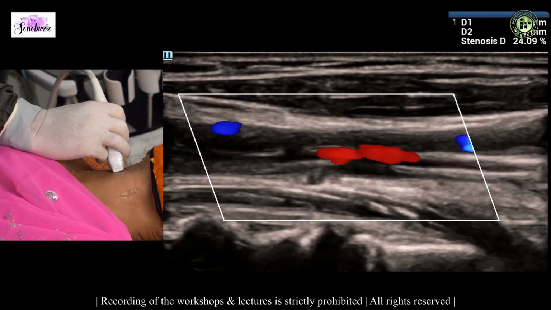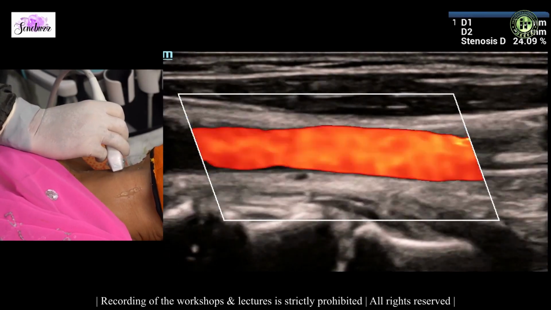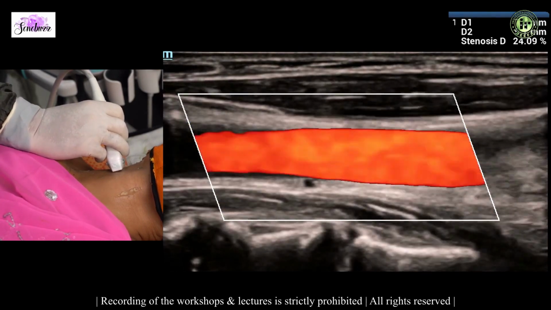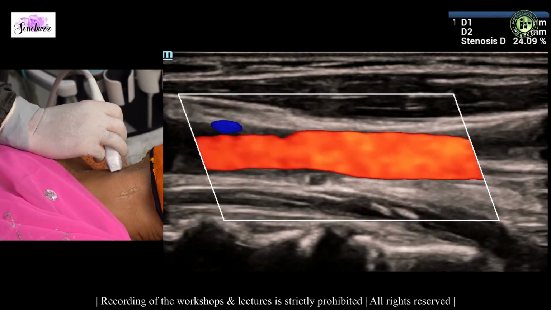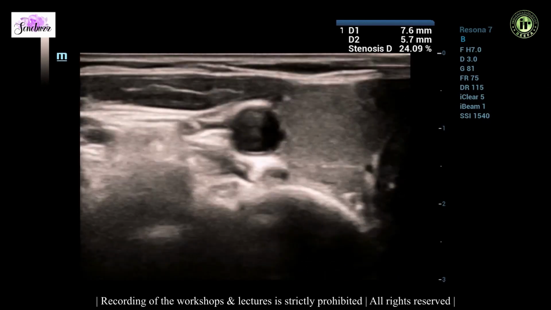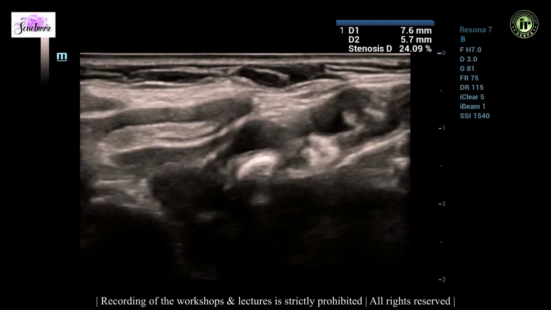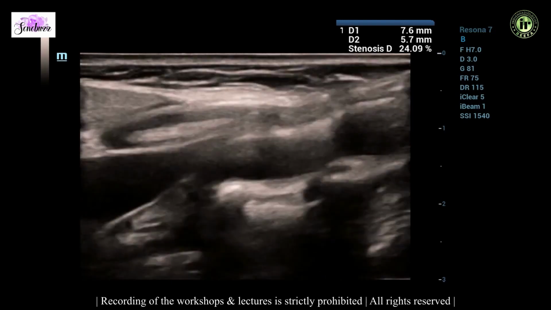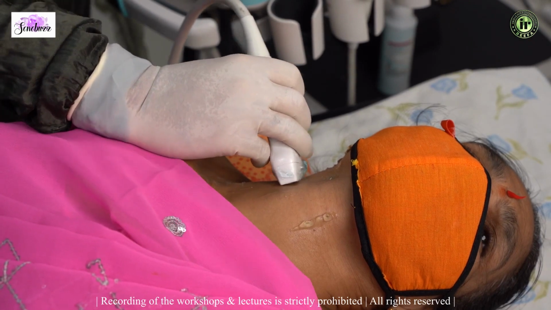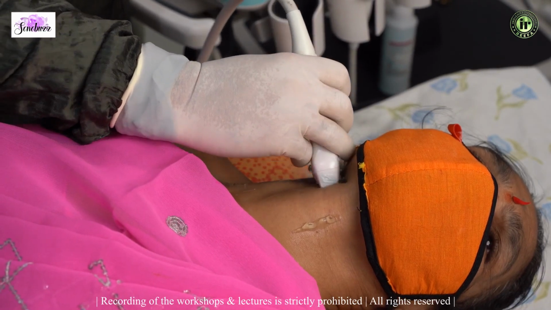So therefore diameter reduction is strictly taken in a transverse section in B mode, inner to inner and outer to outer, and the machine does the calculations for you. Grading of stenosis by this method is useful only if the diameter reduction is 50% or lesser. If you have a larger plaque, then you should rely on the spectral trace and the actual velocities to grade the stenosis. But if it is less than 50%, the diameter reduction is a much more accurate way of assessing the stenosis.